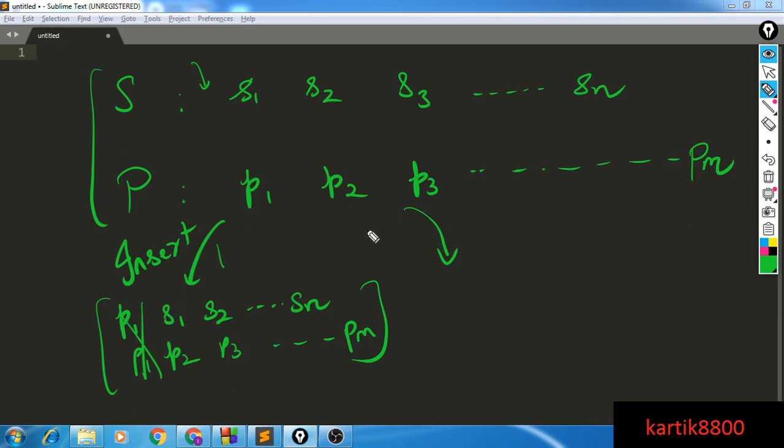Other possibility is that I replace. So I can replace s1 by p1. I can choose to replace s1, and obviously I will choose to replace it with p1, otherwise it's of no use, it's a wasted operation. So I convert s1 to p1, and then p1 and p1 match, and now I again need to think what is the minimum edit distance for the substrings s2, s3, till sn, and p2, p3,